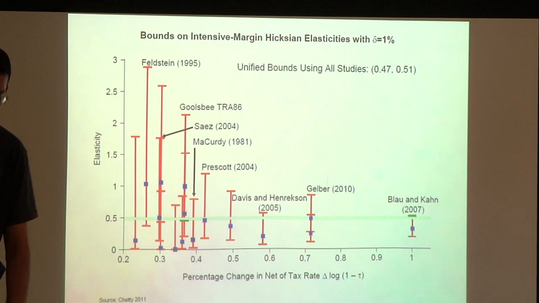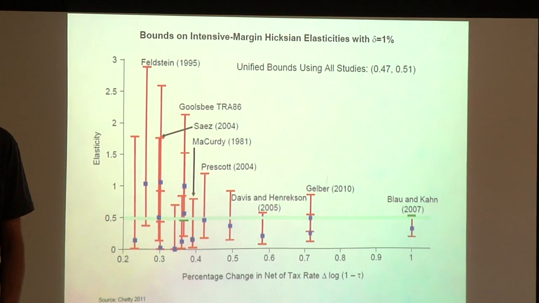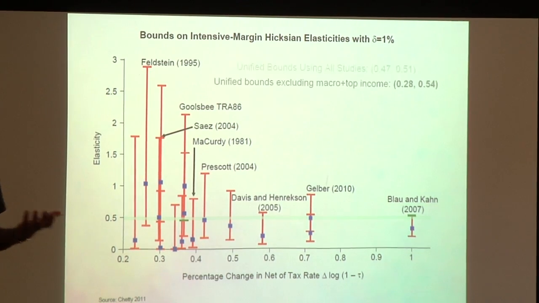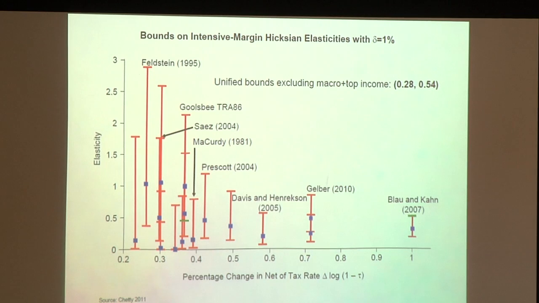So the bounds that are shown there, that's just taking the smallest upper bound. Exactly. It's the least upper bound and the largest lower bound. That's the idea. Yep. Okay, so then you can repeat this exercise excluding studies that you think might have suspicious identification, like macro studies and the top income studies, which as we talked about, my sense is the top income studies are actually estimating a different elasticity, the intertemporal shifting, rather than a real labor supply effect. So I want to leave those out as well.